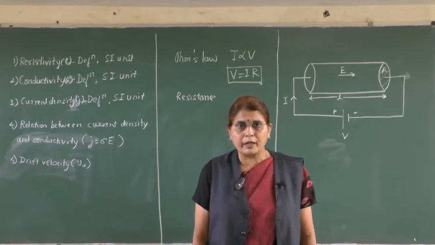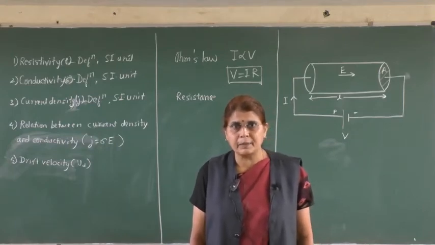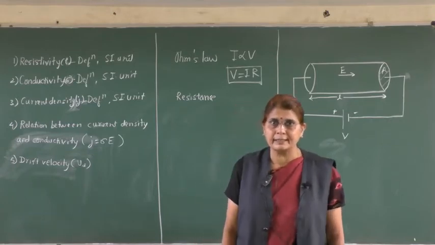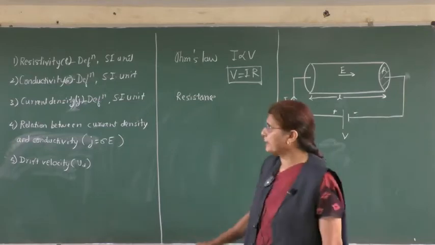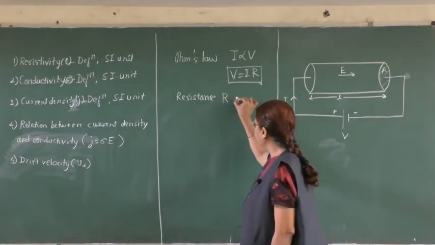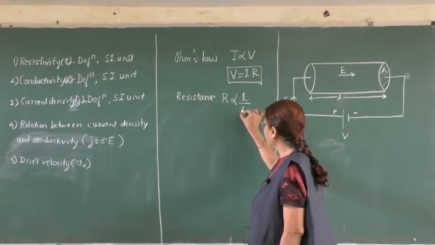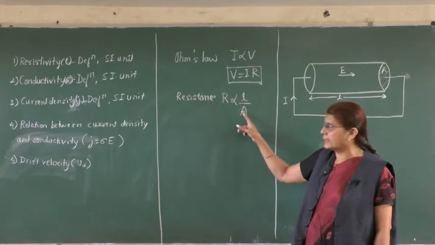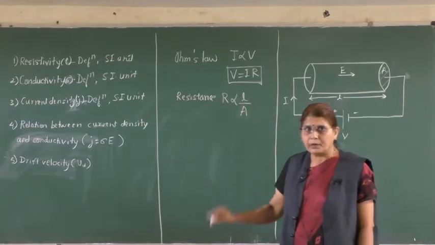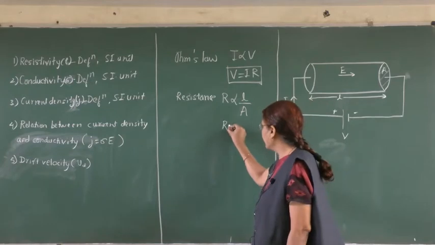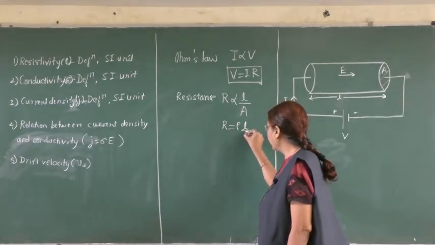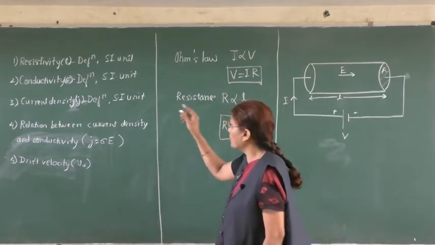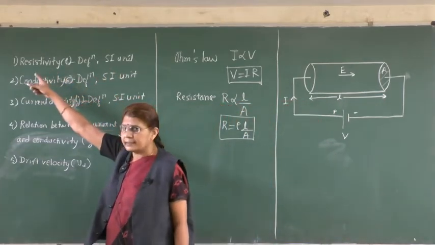Now also I had told you the factors on which resistance depends. So we shall consider the dependence of resistance on two main factors, that is length and area of cross section. So we had seen that resistance R of any conductor is proportional to L by A. Resistance varies directly as length and inversely as the area of cross section. Or you can put a constant here, R equals rho L upon A. So this rho is a constant and this rho is called the resistivity of the conductor.